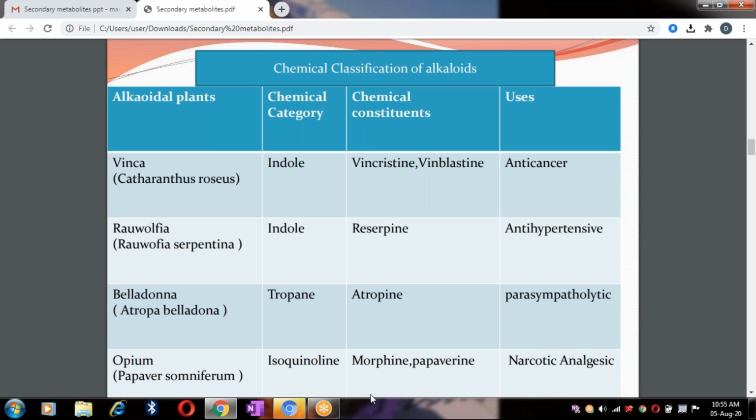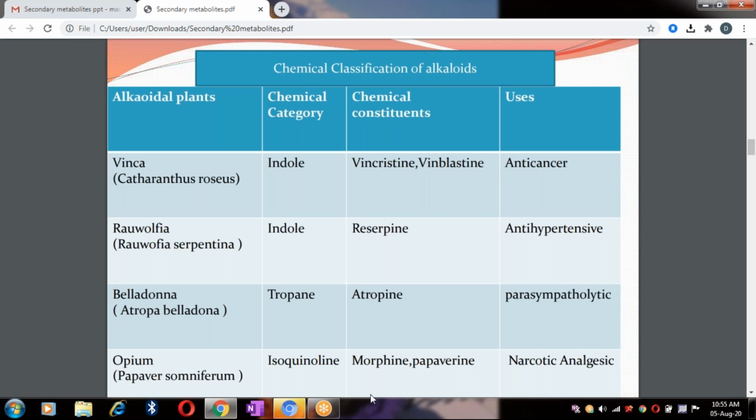Classification based on terpenoids, that is the C5H8 unit: they are classified as monoterpene, sesquiterpene, diterpene, triterpene, tetraterpene, pentaterpene, and polyterpenes, based on the number of isoprene units. This was very thoroughly discussed. You know the molecular formula and examples under each also. So this comes under volatile oil. Next is phenylpropanoids